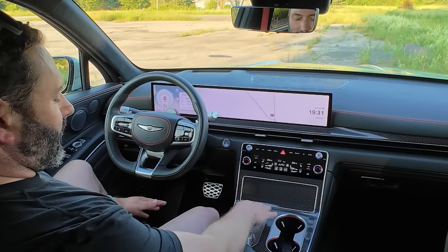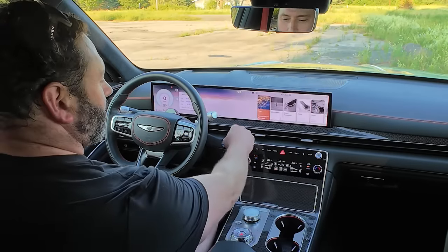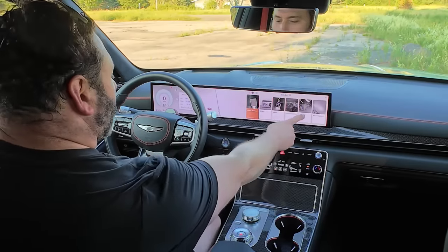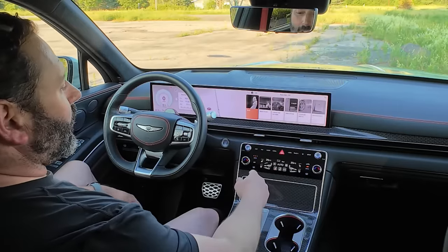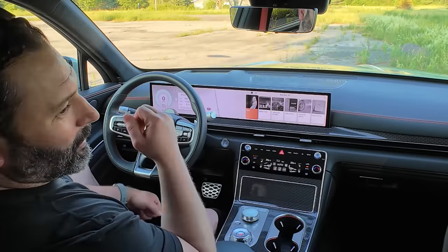Now, you've seen me play with this wheel. It's also touchscreen as well. Very responsive. I have all the apps I could probably ask for, and those I didn't even think of, as far as